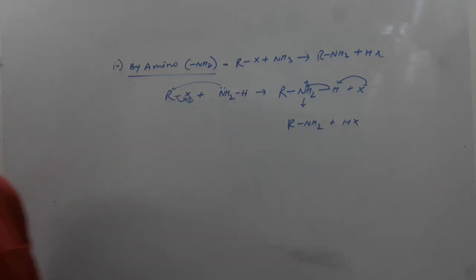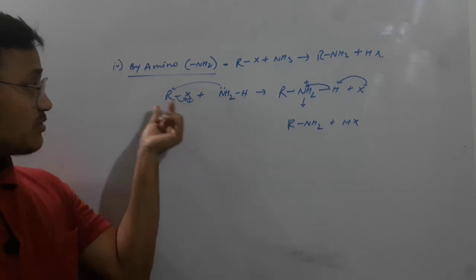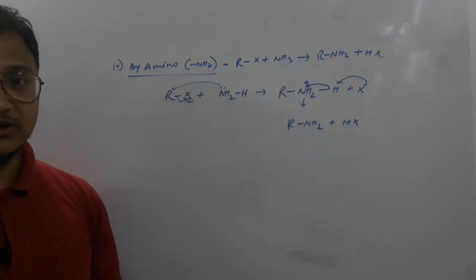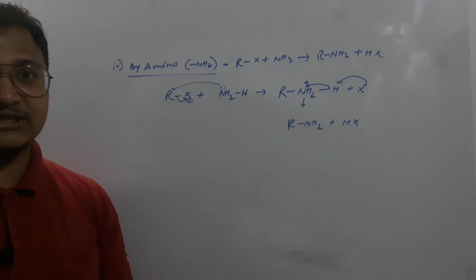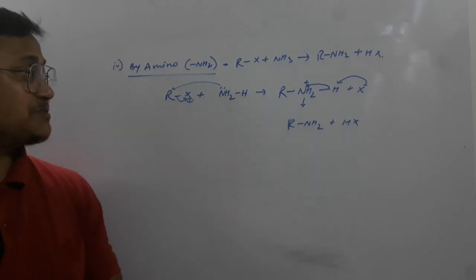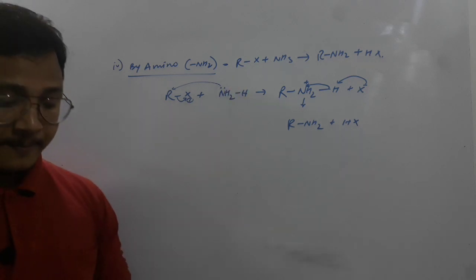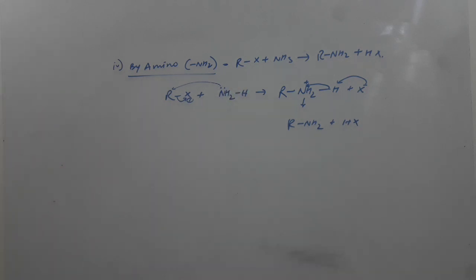So these are the different types of reactions we can have. You can take any of the halogens and react with this, and you will have the respective products. You can go through the examples of these particular reactions by yourself also. You can write some of the examples here.